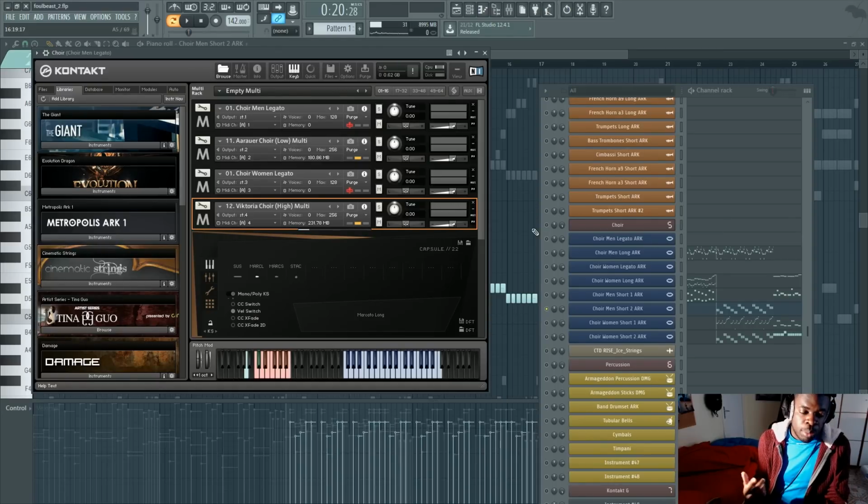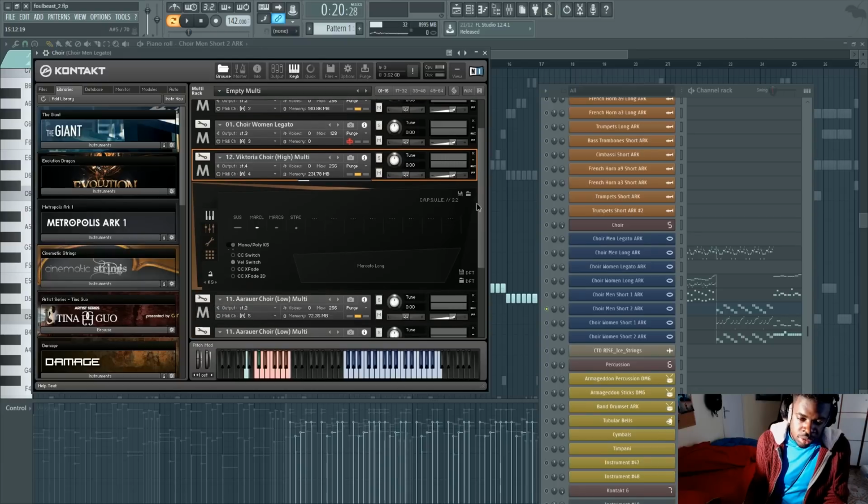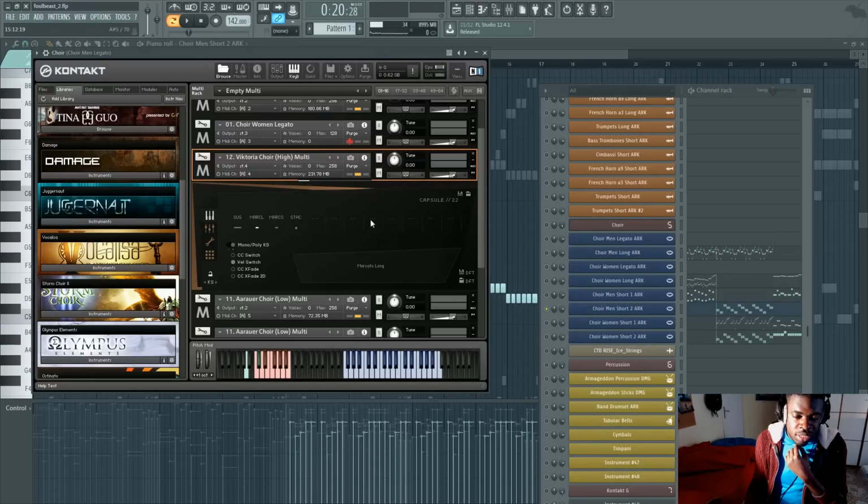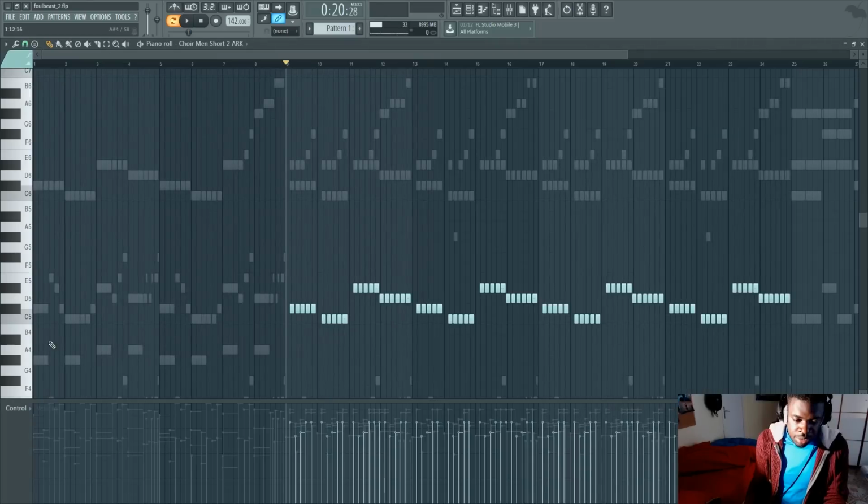Some libraries allow you to change the phrasing by selecting different syllables and creating your phrase, and the choir will follow that phrase. Storm Choir does this. And there are other libraries like Metropolis Ark which already contain predetermined phrases, and they are basically automatized, so you do not need to set them, and you can even randomize them, or isolate certain syllables. So it's even faster. With Metropolis Ark, I just open the patch and write my choir, and it takes care of the phrasing on its own. Every time I press a note, it's going to change the phrasing,